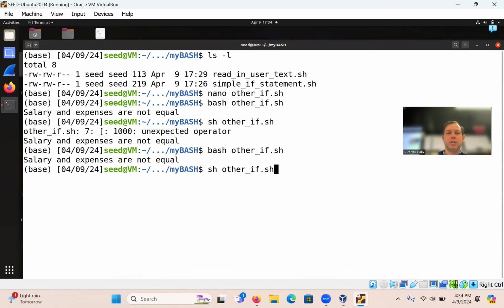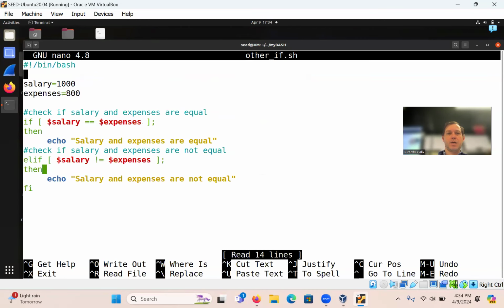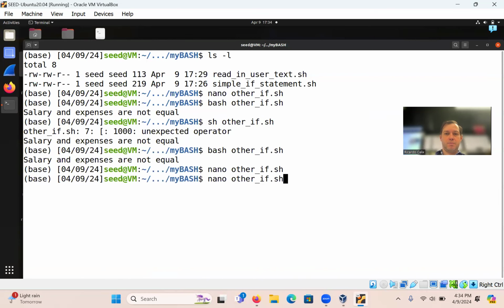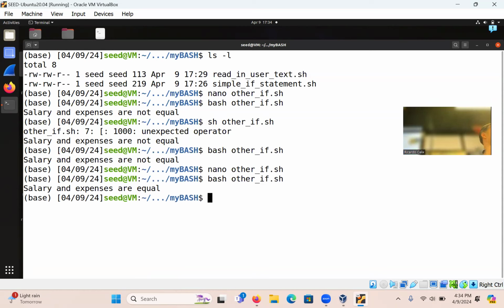All right, I'll change the script again and just make them the same now. And then it should say that they're equal. And there you go. All right, so that's pretty simple examples of using bash just to kind of get us started, warmed up. We will, of course, if you remember, in Linux everything's a file, right? So dealing with strings, etc., dealing with files is pretty important.